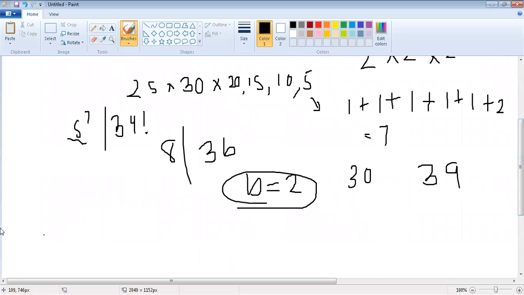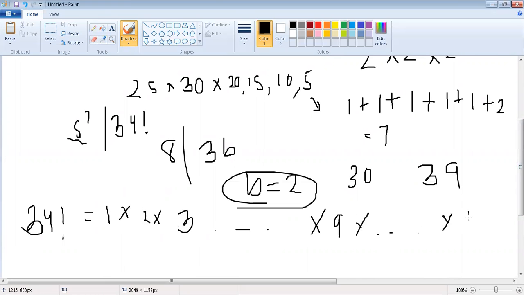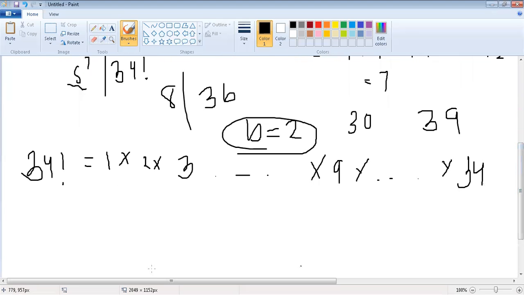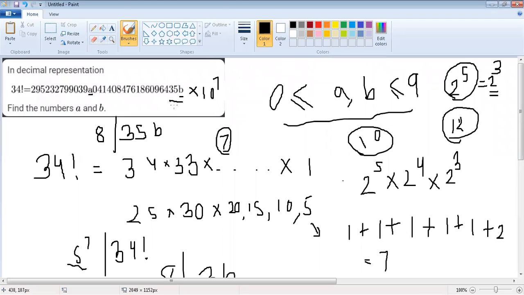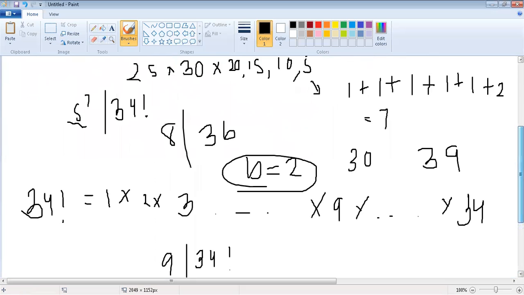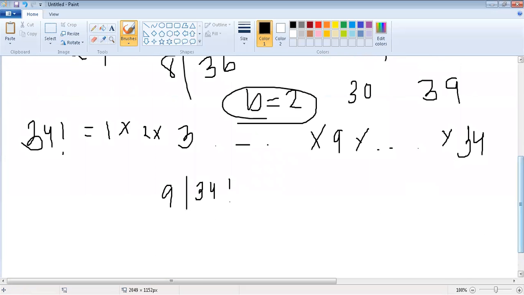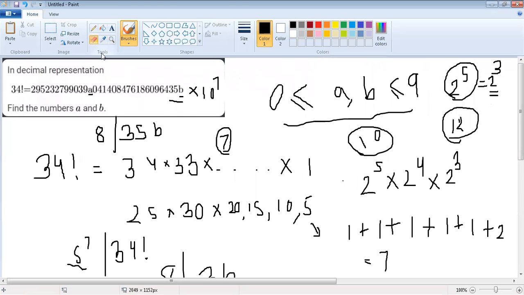Now since 34 factorial involves 9, that means it is 1 times 2 times 3 times dot dot dot until 9, and so on, it will continue up to 34. So clearly 9 divides 34 factorial, and the divisibility test of 9 is that the sum of all the digits must be divisible by 9. So the zeros would not matter if we add or don't add them. If I replace this b by 2,